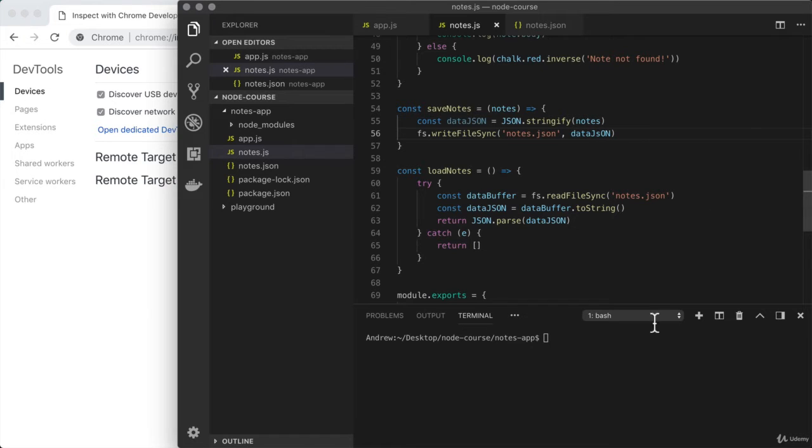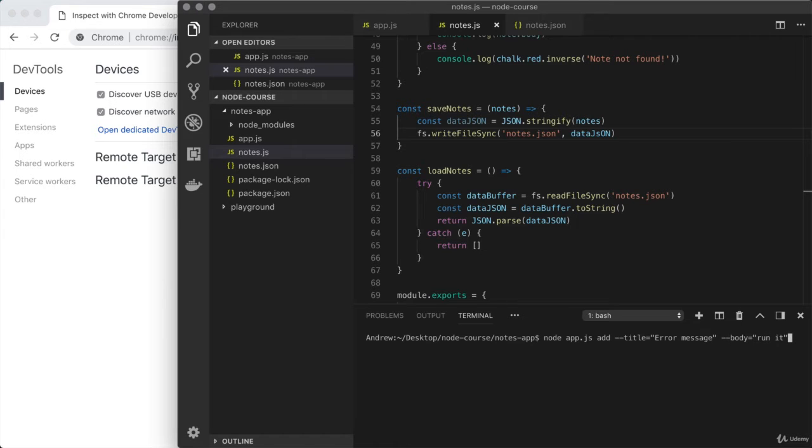Now let's go ahead and actually run the program to see the error message we're going to get. Down below, we have to use a command that would actually have save notes get called. That could be remove or add. I'll just use add. So node app.js add. I'm going to add a new note with the following title. I'll use something like error message. Then I'll set up my body as well. And right here, I can just use run it.